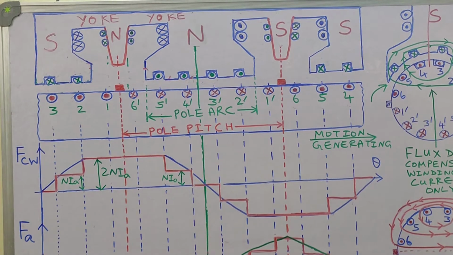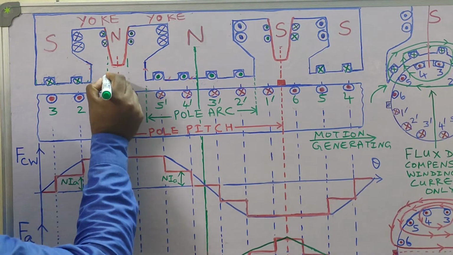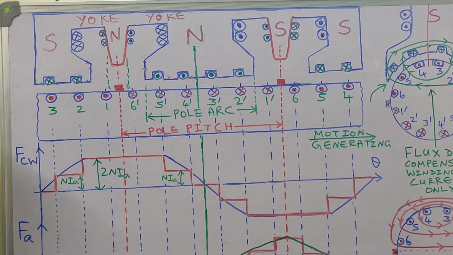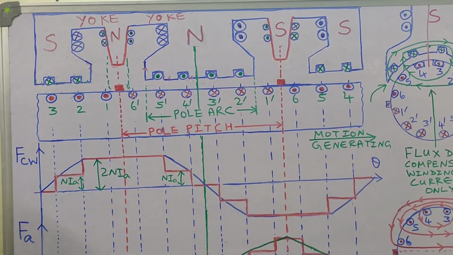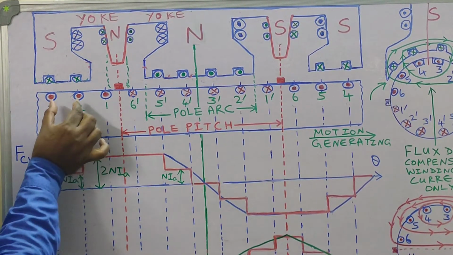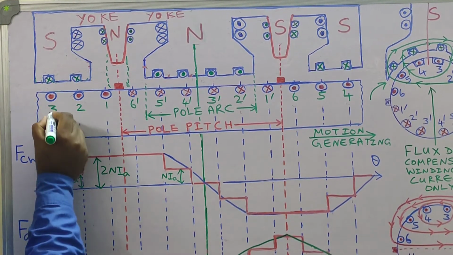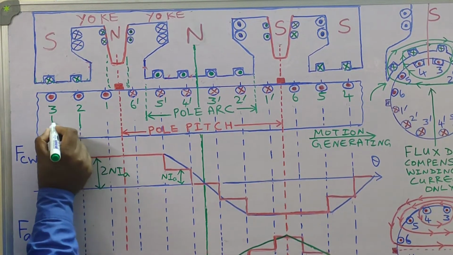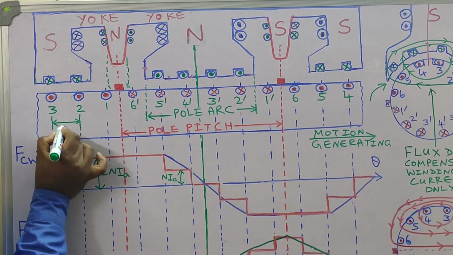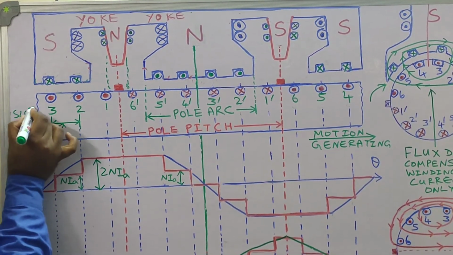Now, this kind of waveform is a step waveform, also known as a staircase waveform. This step or staircase waveform is actually approximated by some linear variation. What is the logic for approximating it by a linear variation? The logic is this: slot pitch means the distance taken over one slot pitch, and one slot pitch means one tooth and one slot. So this distance is known as one slot pitch.